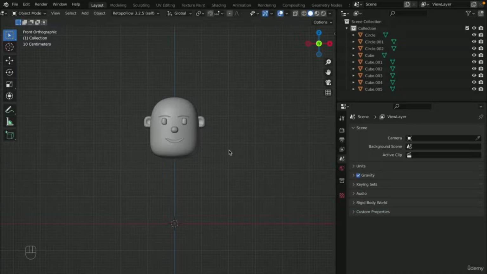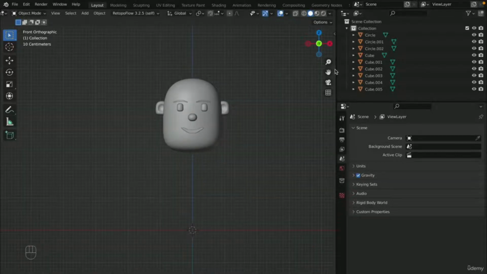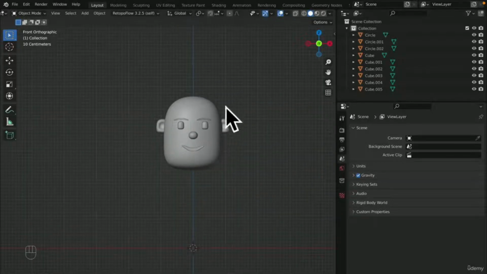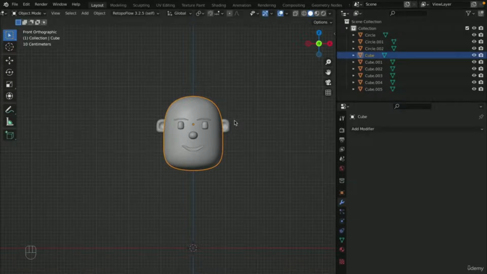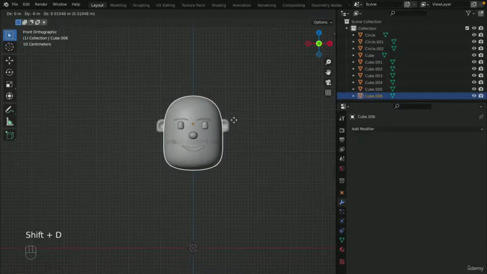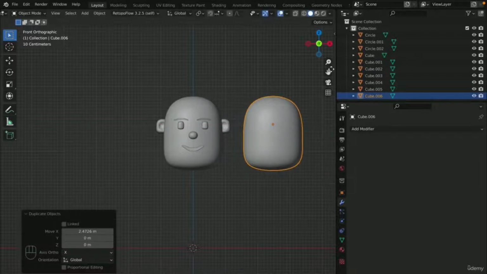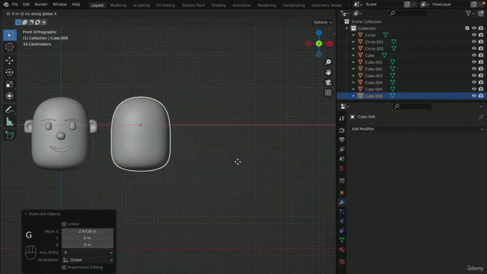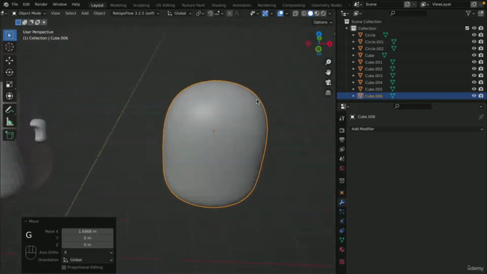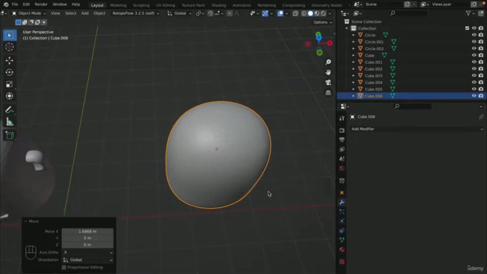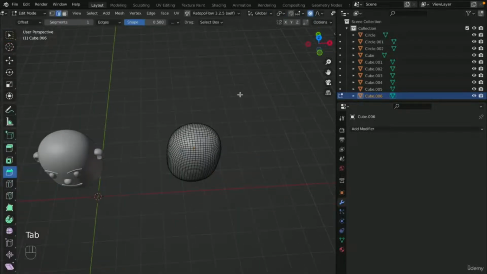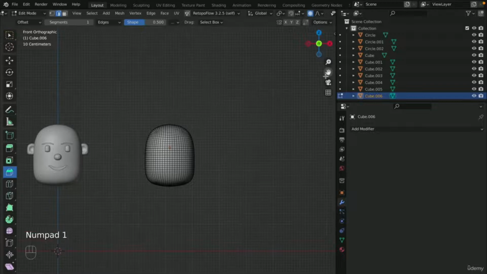In this lesson, we will create our hair. For this, I select my head and I press the Shift and D key and I transport on the X axis with G and X key. Yep. Now we select our object and I switch to edit mode and I press 1 key